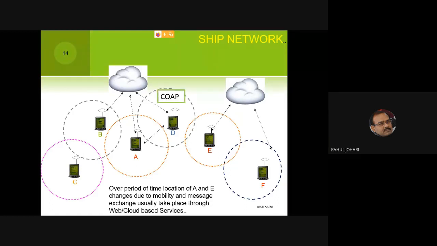Now, if I'm going for communication between the nodes in the IoT network, as we discussed yesterday, we'll have two kinds of protocols, the CoAP, Constrained Application Protocol, and the MQTT, the Message Queue Telemetry Transport. So this helps in the transmission in a short-range wireless network, where nodes are in the overlapping transmission range, or I can use the cloud-based web services to transmit the message over a wide range.